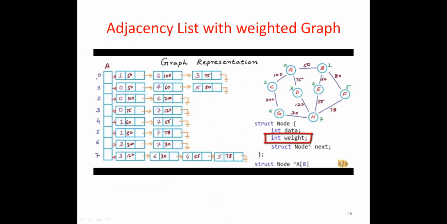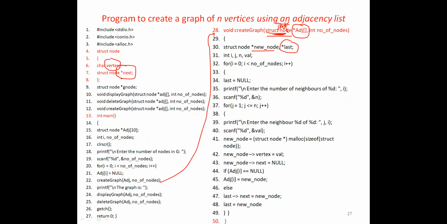Then what we are going to store: who are all adjacent, meaning who are all connected to node 0. Who are all the adjacent nodes of 0? For this example, we already see 1, 2, 3. For this, I have to tell how many nodes are adjacent to 0, or how many neighbors 0 has. So for that, I have to give input to the program. How many nodes are connected to the vertex 0? In this case, this example is 3.